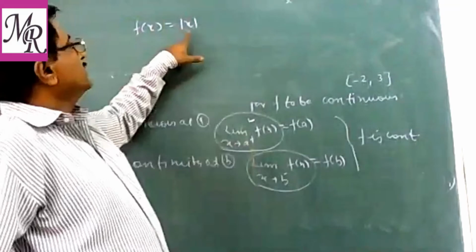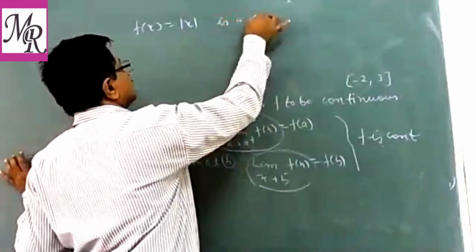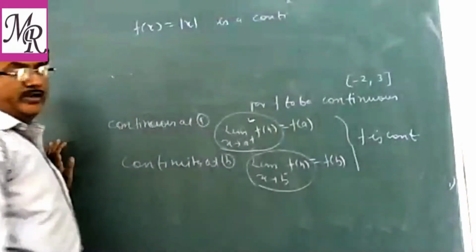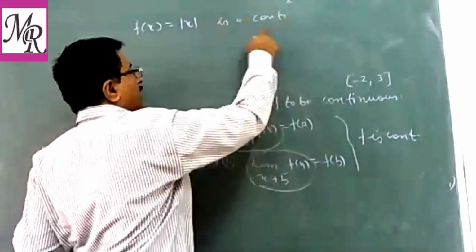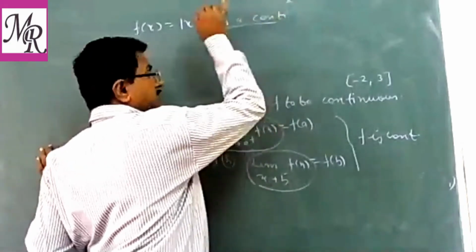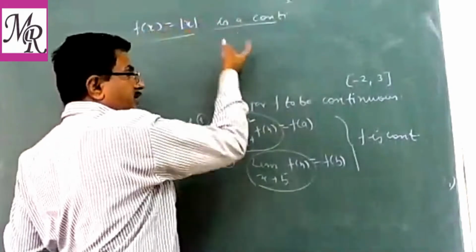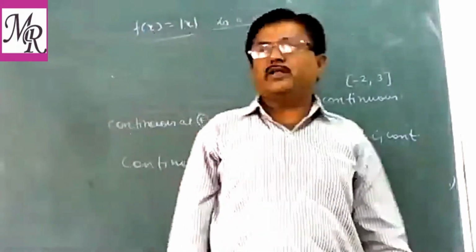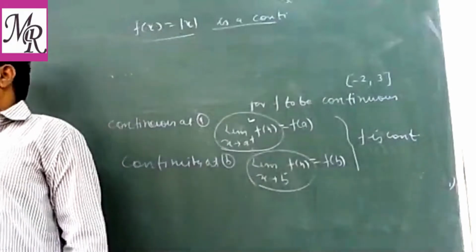अब यहाँ देखिए इससे क्या कहा, is a continuous function. We are not given a particular point. It means you have to check for whole real numbers. This function, you have to check is a continuous function at what point, that is not given. So whenever we are not given a particular point, it means you have to check for real numbers.